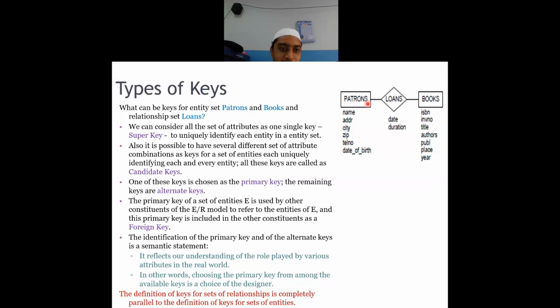We will try to minimize the number of attributes in that particular super key as much as possible. And we will try to make sure that the least combination and the best one is taken as a primary key. So all those combinations will act like candidate keys, and out of those candidate keys, one will be selected which will be called the primary key, and the remaining keys except the primary key will be called alternate keys.